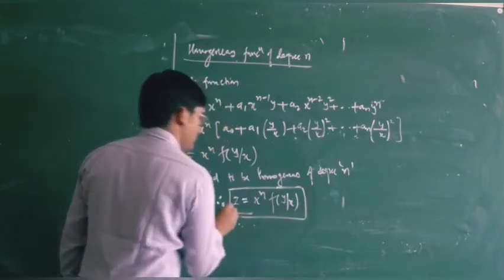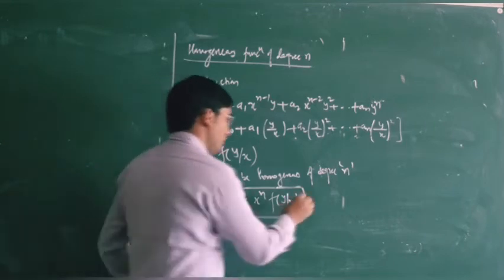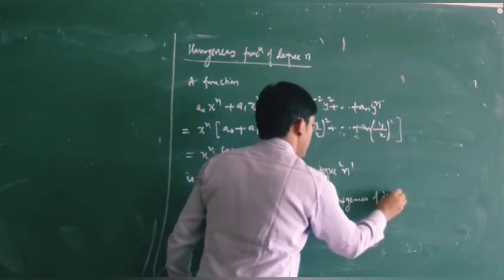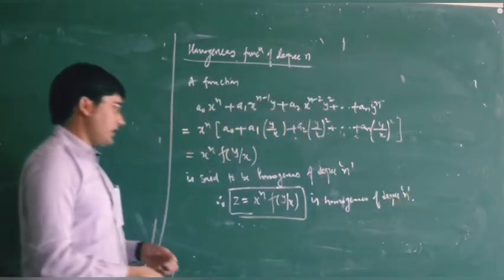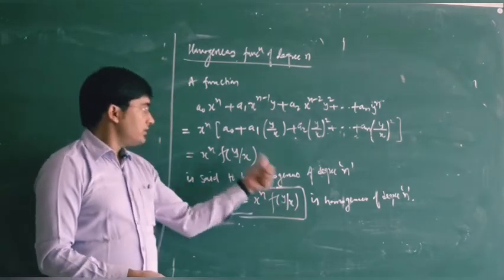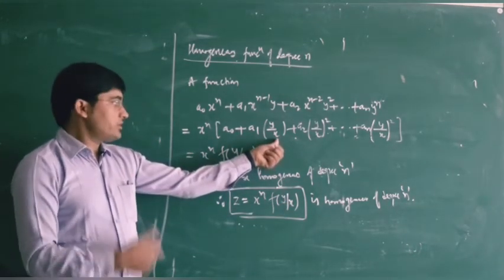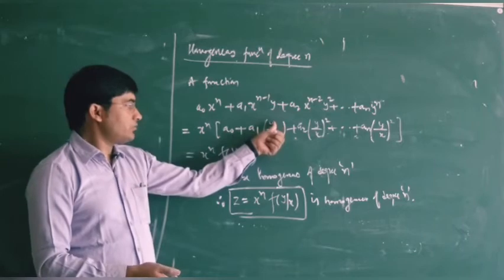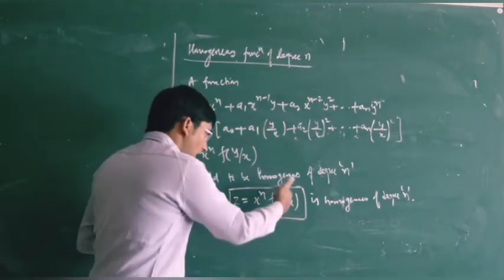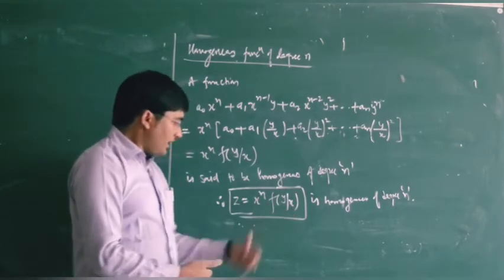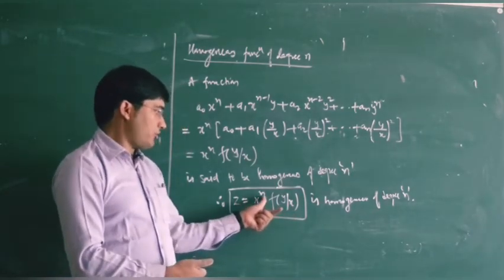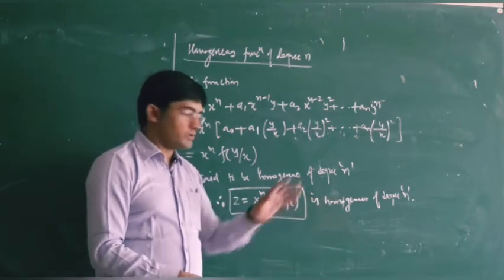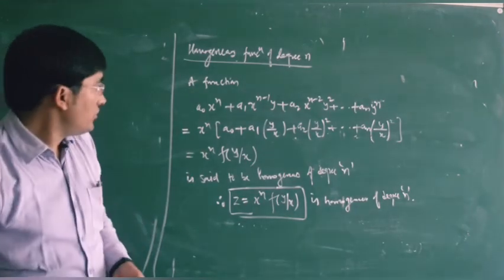And we will say that this z equal to this one is homogeneous of degree n. So here your z is homogeneous of degree n, and please note that this bracket has constant terms because your degree of y is 1 and degree of x is 1. So if you take this in the numerator, we will get 1 minus 1, which is your 0. So this f of y upon x is your constant term, and we have just z equal to x power n. So we can say that z equal to x power n into f of y upon x is a homogeneous function of degree n. Now we have the Euler theorem.